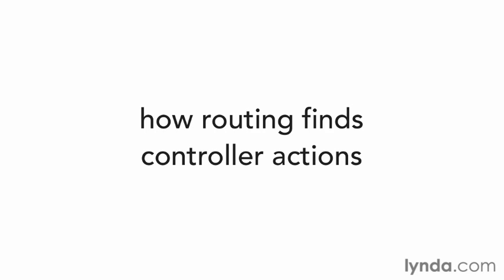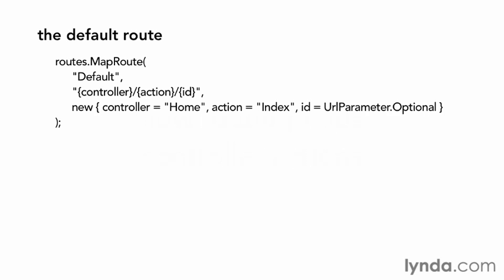In the previous video, I was hopefully able to convince you of just how important URLs are to your site's overall user experience. With that in mind, let's look in this video at how you can use the ASP.NET MVC routing framework to control which URLs users will use to access your site. To begin, take another look at the default route that Visual Studio generates when you create a new ASP.NET MVC